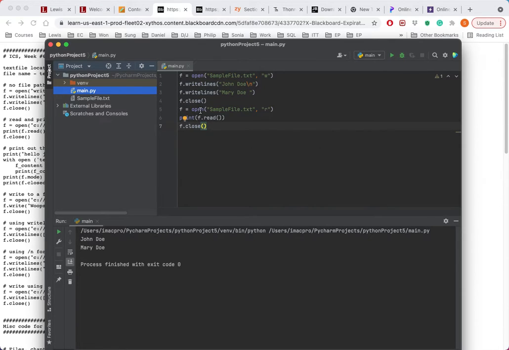And then I'm going to open it again for reading, and I'm going to specify the same file that I wrote to, and then I'm going to simply read and print it. So if I run this program,